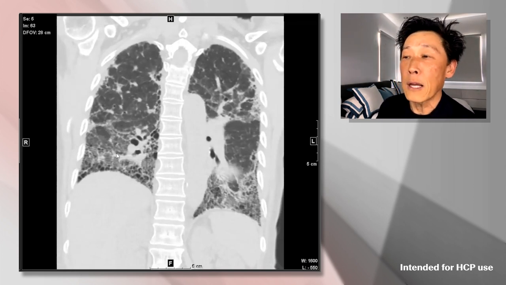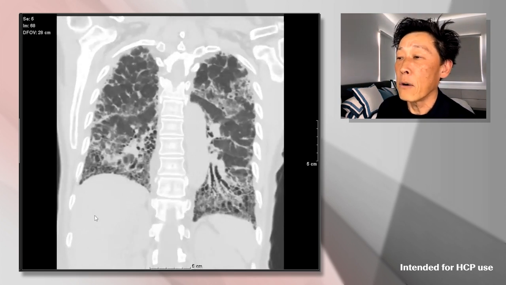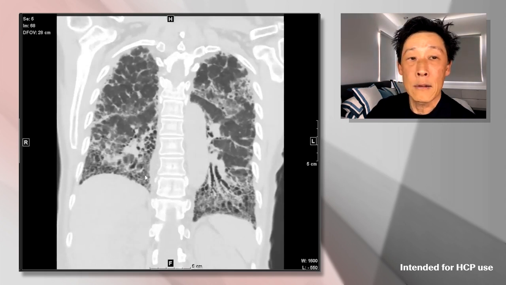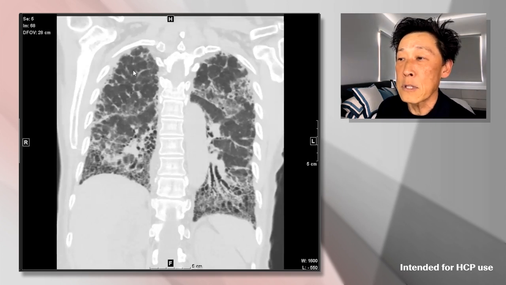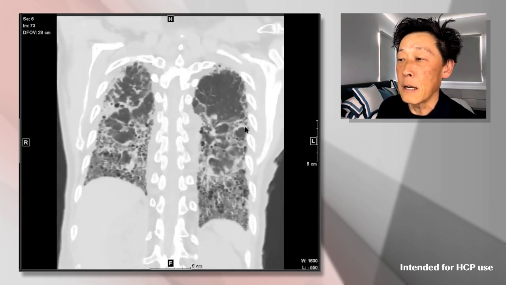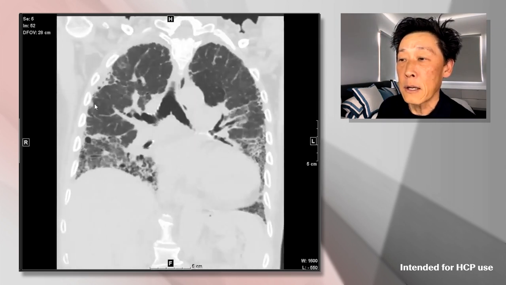Now, again, you don't have to recognize what this is, but if I told you to point to where the lung is the most abnormal, I think most people would point down at the bases here. And if I go a little bit further back, heading to the posterior periphery, or the edge of the lung, and we see more of the spine here, we can see that there's more abnormality as we get down to the bases, but notice that most of this disease is again out at the periphery or in the back. And if we look a little bit more anteriorly, you can see that again, it's a very peripheral process.